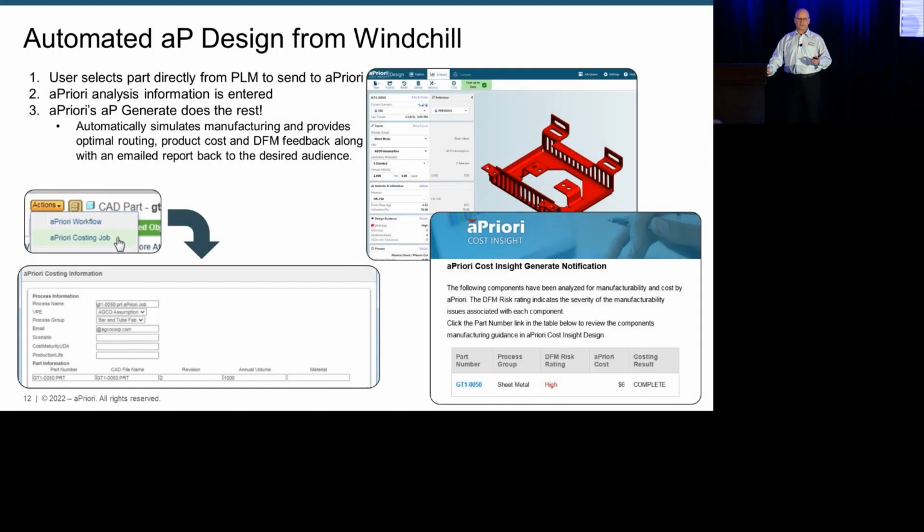So the thing that we're doing to make it easiest for our engineers is to use AP Generate. So from Windchill itself, in the actions menu that you see there, in Windchill from the Creo file, we can do actions, aPriori costing job. It brings up the window that asks for what process is it, which VPE do I use. I enter some information about annual quantities, and then submit the job, and the engineer can now go on to